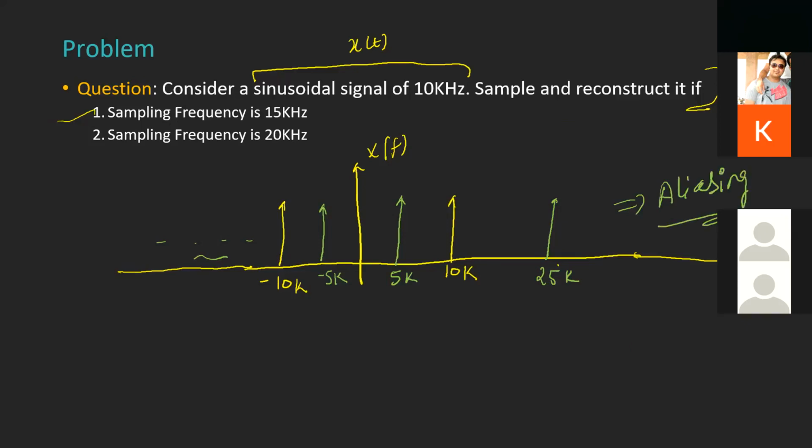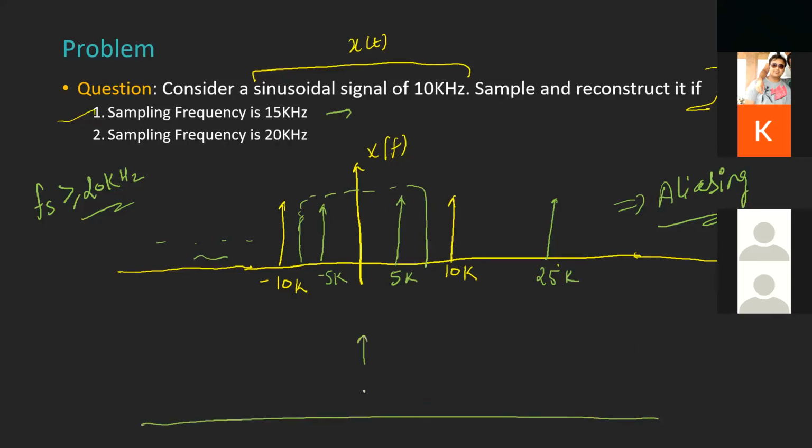Because these are impulses, we are not able to visualize that particular overlapping. But ideally in this case my Fs should be greater than or equal to 20 kilohertz, if we go by that formula, because my Fm here is 10 kilohertz. And in the first case, Fs is less than 20 kilohertz. It is 15 kilohertz. So that says aliasing is happening. And yes, in this case we will not be able to reconstruct the exact signal. If I put a low pass filter here, I will get a 5 kilohertz sinusoidal instead of a 10 kilohertz sinusoidal.